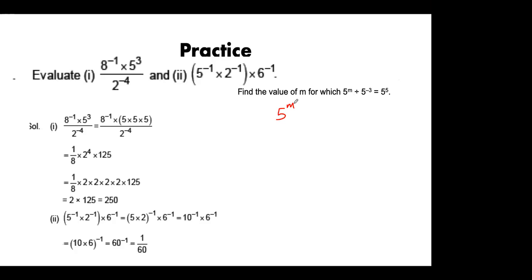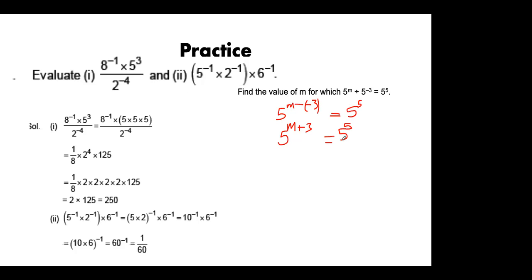So I'll do m minus, my next power is minus 3. So I have to use integers also, I have to put a sign over here. Since this is an equation, the rest I'll write like this only. I cannot change the equation. Now, what is m minus minus 3? Let me explain. It is m plus 3 equal to 5.